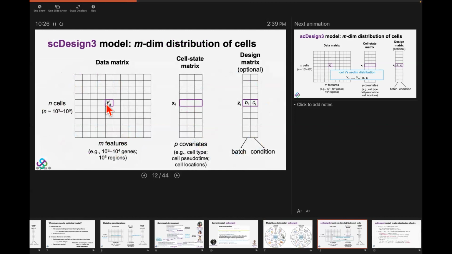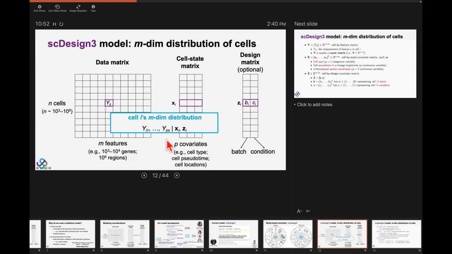So feature j in cell i, I call this Yij. To model its distribution, I will take this information. One is cell i's state covariates, so for example, cell type, and also the design covariates, including batch and condition. So I will just use these two, for example. What I hope to fit is such a conditional distribution jointly for Yi1 to Yin, the n features jointly